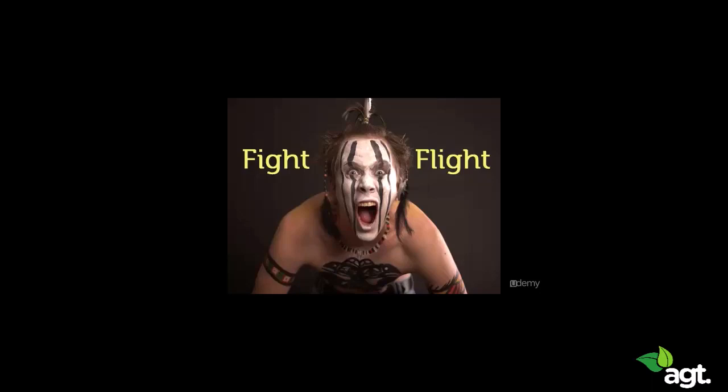In these situations, the brain had only three options to choose from. First, they could fight the animal. And secondly, they could try to run away as fast as possible. And the third, which is not here on the slide because it's much less talked about in research and in general, is that they could pretend to be dead. That would be freezing.